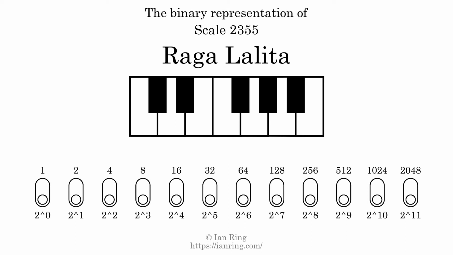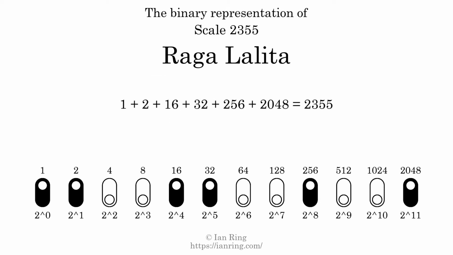The binary representation of this scale is determined by mapping tones of the scale to binary digits. Each binary digit represents a power of 2. To get the scale number, we add the powers of 2 together. The powers of 2 that are present in the scale, all added together, equals 2355. That is why the scale number, in decimal, is